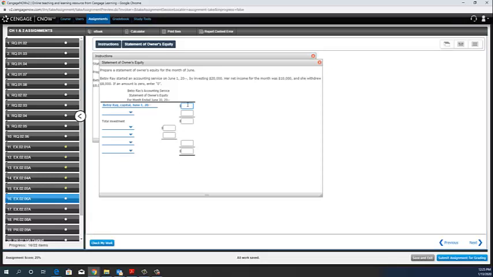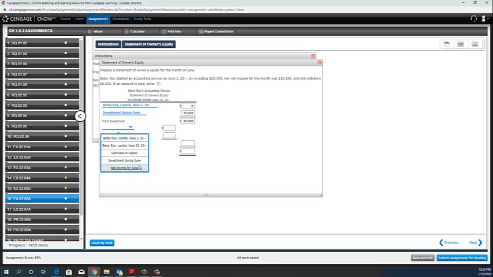Okay, we started out, since it's a brand new business, she didn't have any capital. Now, for the month of July, for example, she will have a capital balance beginning, but since this was a brand new company, she's starting from scratch, so she had no capital until she made her investment of $20,000. Okay, so now her total investment is $20,000, and